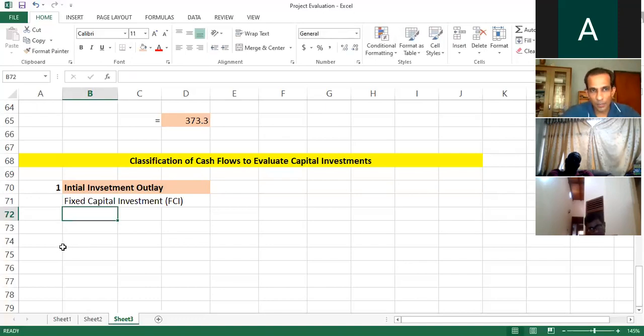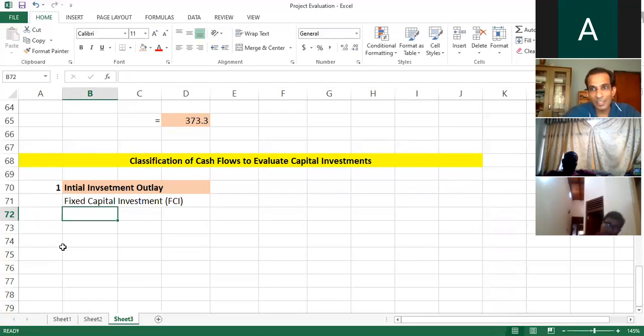What else? That means new fixed capital should be purchased. Maybe a company may have to build a factory, install machines. So that is what we call fixed capital investment. In addition to that,